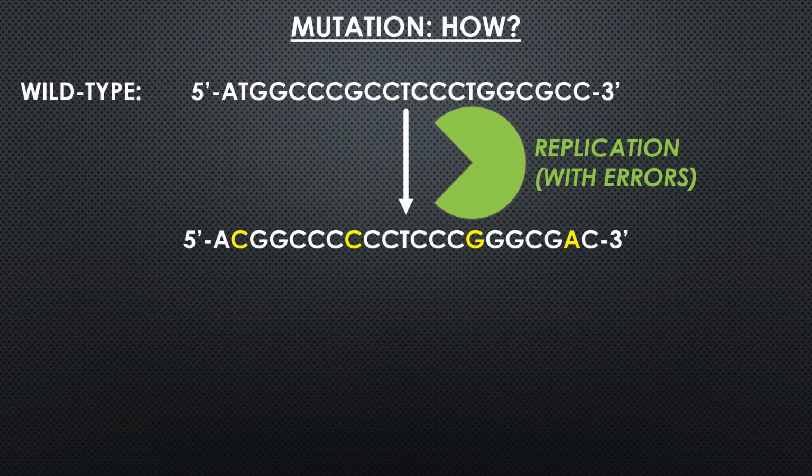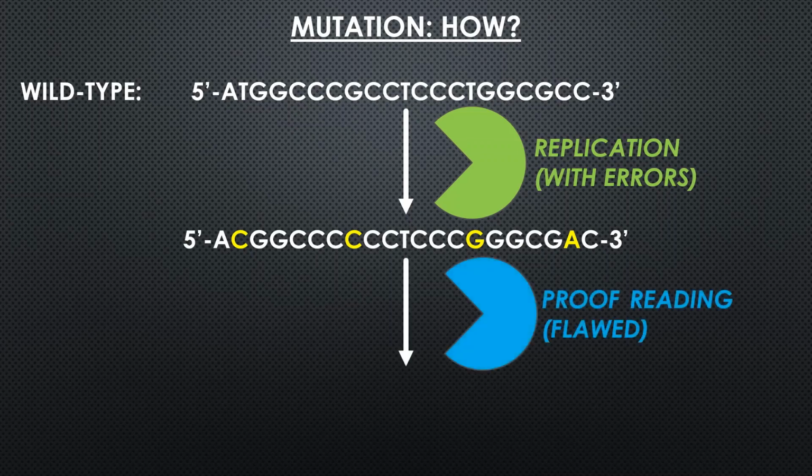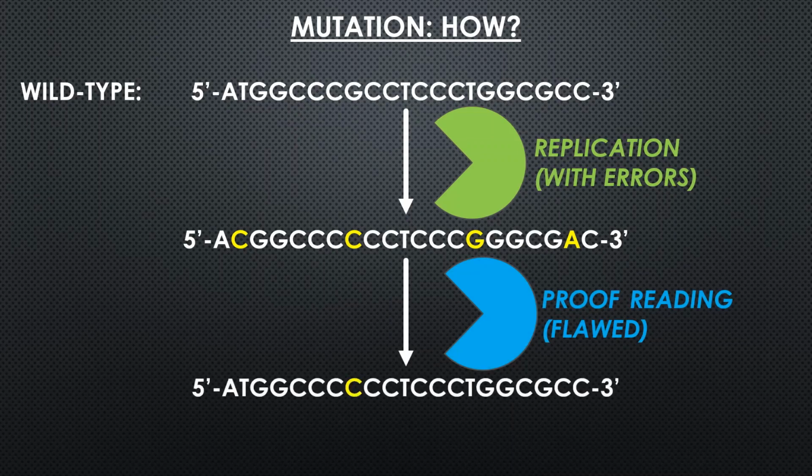However, this is not the sequence that is expected after the end of the replication phase, because additional steps of proofreading is also involved. However, that proofreading in itself is flawed, and hence the final mutant sequence that we get contains certain anomalies in terms of nucleotide. Now, if you compare the mutant sequence with the wild type sequence, we will see that there is a change in a given nucleotide, and this change results in a change of codon.